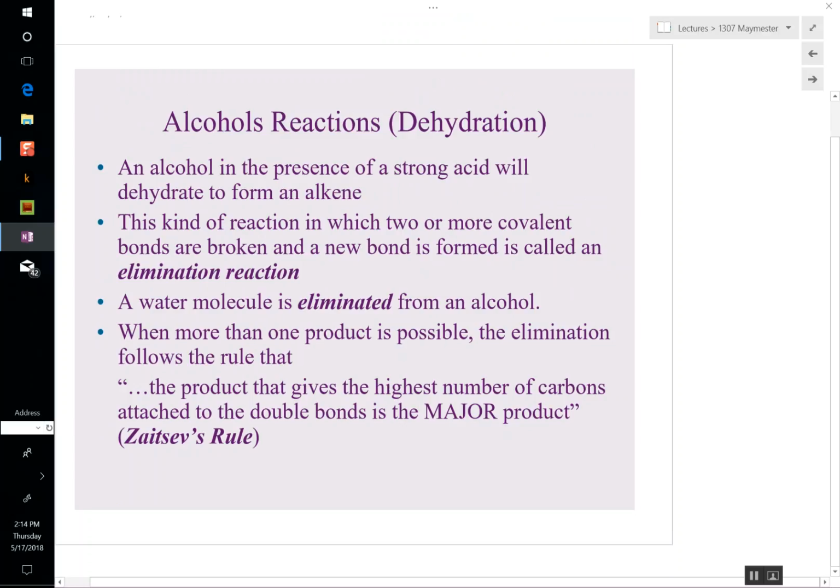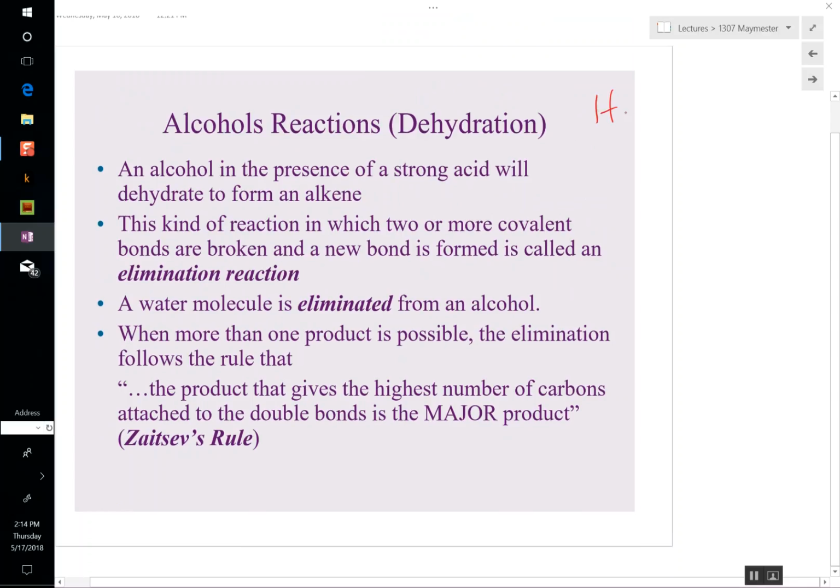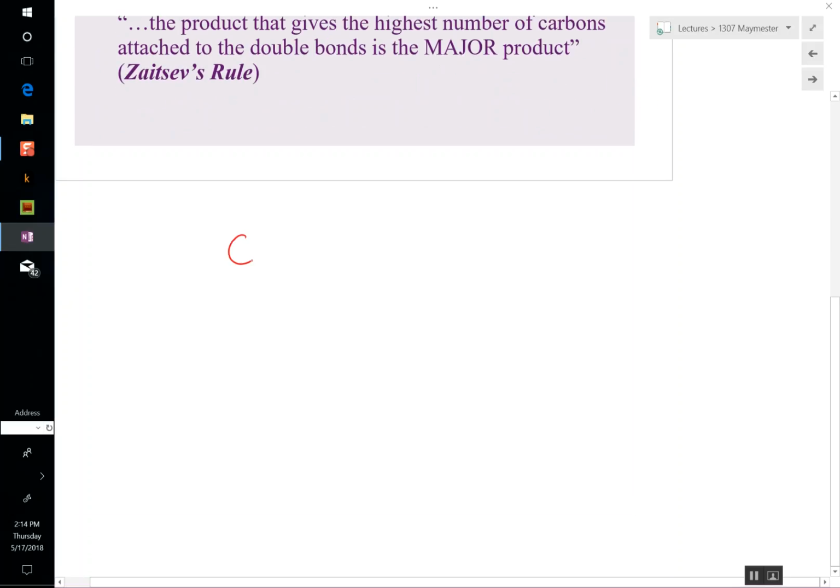So dehydration is just what it says. It's the loss of an H2O. We're going to lose a water molecule from a molecule. So let's take a real simple alcohol, ethanol, and we're going to dehydrate it. Usually there's sulfuric acid or something in here. Where's our water? We're going to get rid of a water molecule. Well, here's our water molecule,